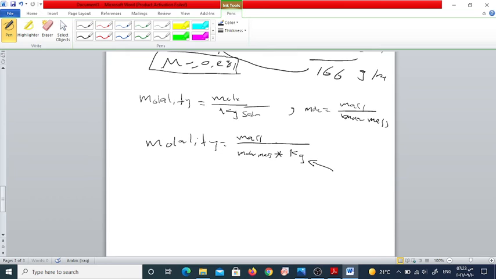In some examples, you may have gram instead of kilogram. Actually, molality is denoted by small m, and molarity is denoted by capital M. Do not forget it. Equal to mass divided by molar mass